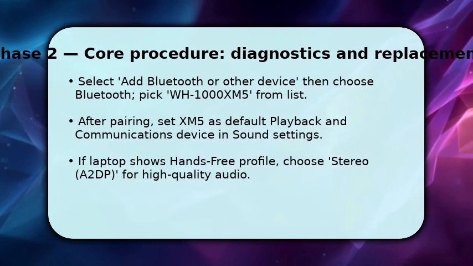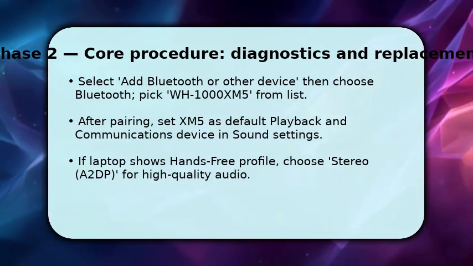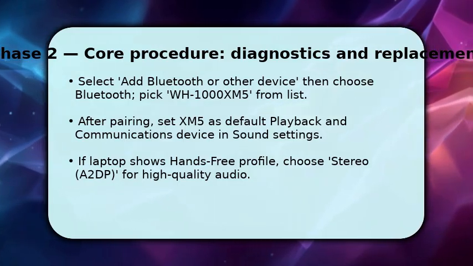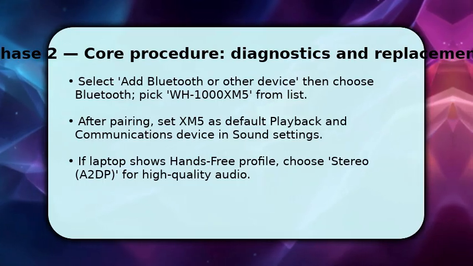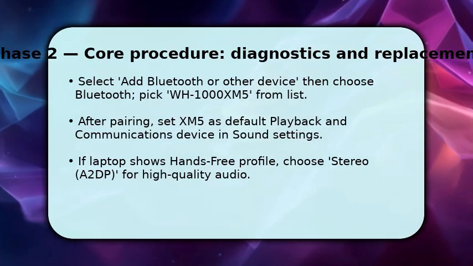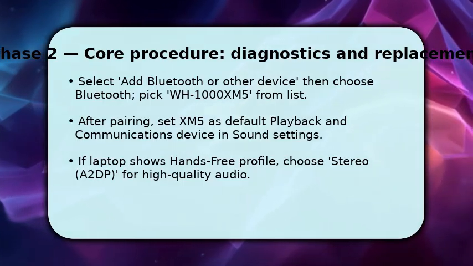You'll now pair and configure audio. Choose Add Bluetooth or Other Device, select Bluetooth, and tap WH1000 XM5 when it appears. Wait for the paired confirmation, then open Sound Settings to set the XM5 as both default playback and communications device